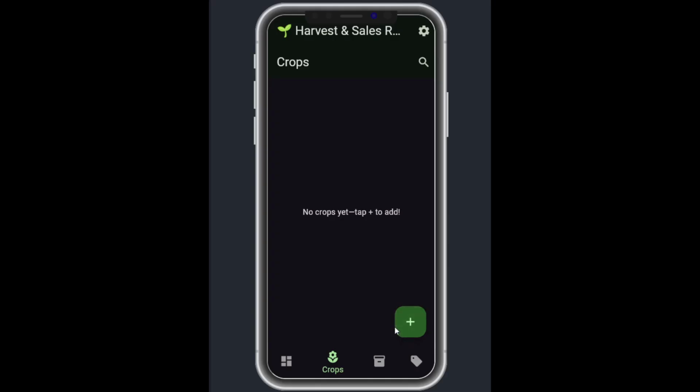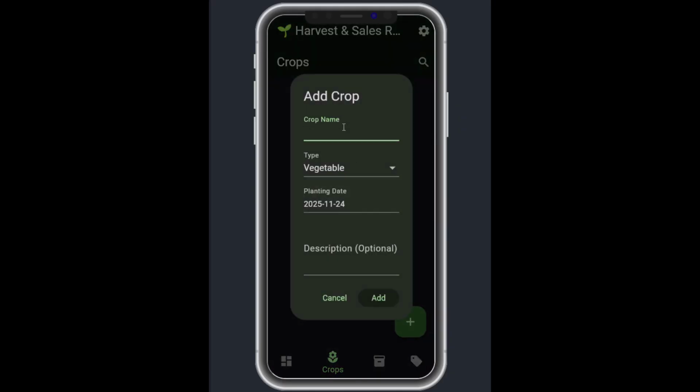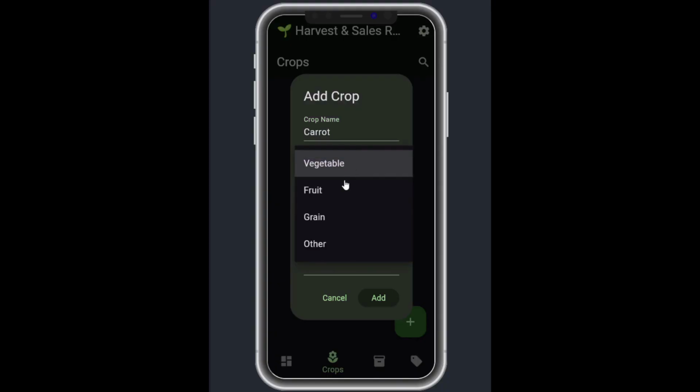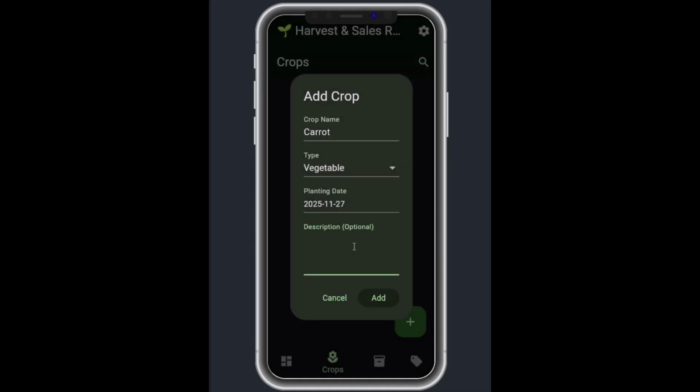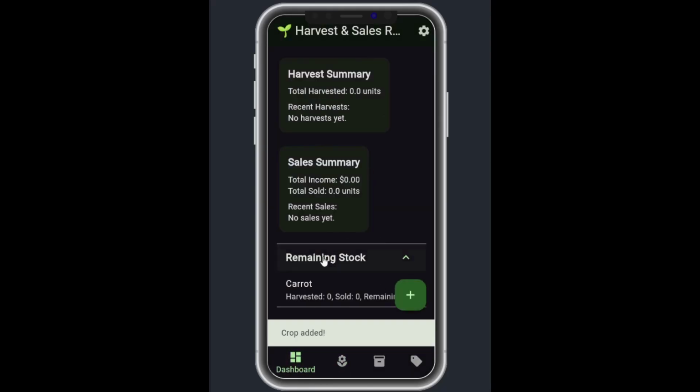the crop management. Let's add a crop, which is carrots, a vegetable, but there are other options here: fruit, grain, and other. Then the date, you can select the date, say 27, fresh planted, and let's put the number in the description, 200. Let's add. Then it will show in the remaining stock the harvested, sold, and remaining,